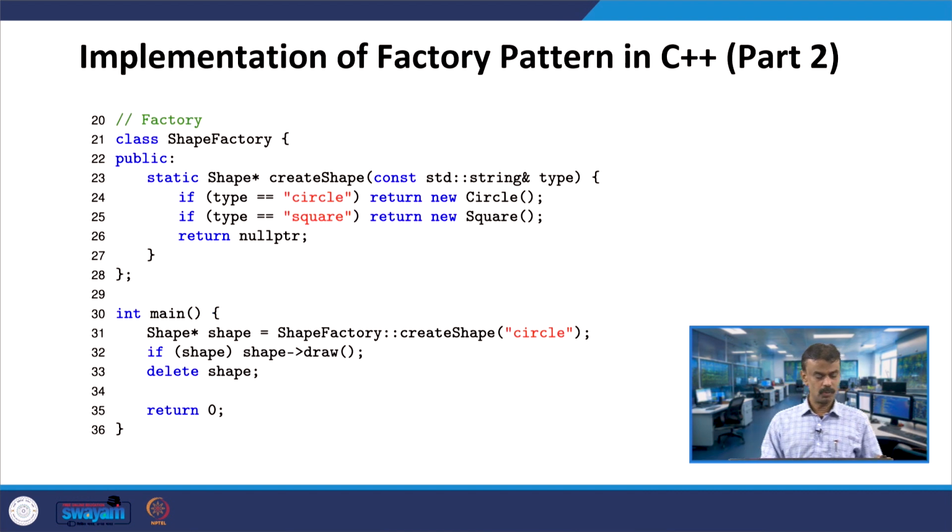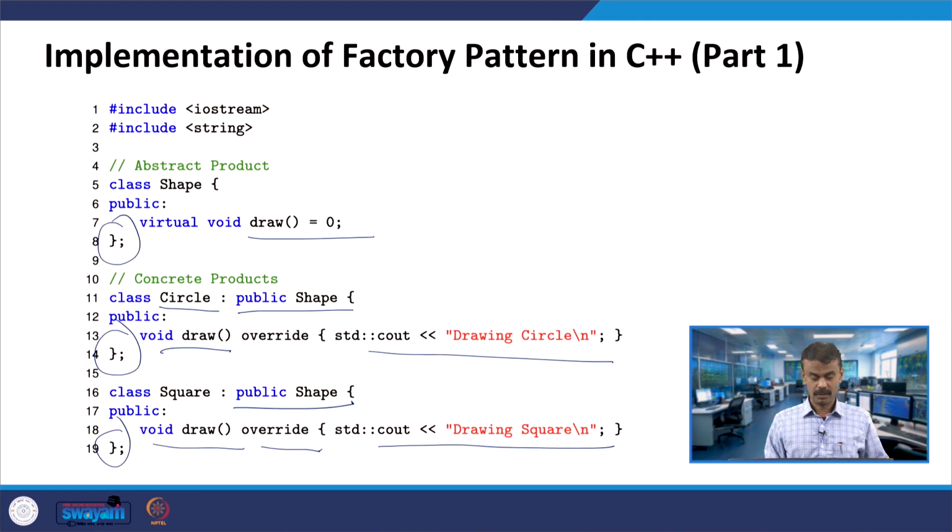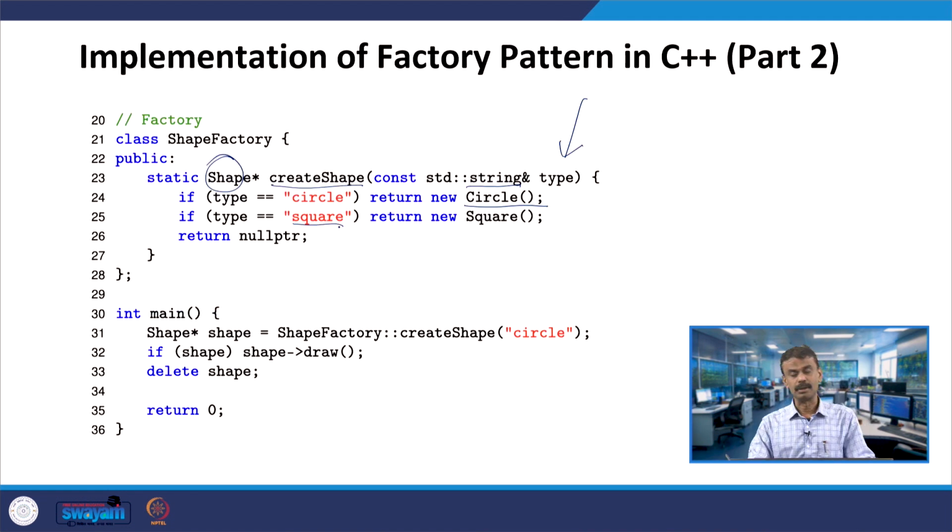Now, the shape factory, all right. I create the shape pointer object under shape, by passing a certain type. The type is nothing but the reference type, which is a string, right. So, if type is equal to circle, exactly like the previous program, return new circle, that means it is calling this constructor, right. Circle is the class here. If you are passing square, return new square, otherwise it will return a null pointer, all right. So, your factory class is over here, line number 28, shape factory.